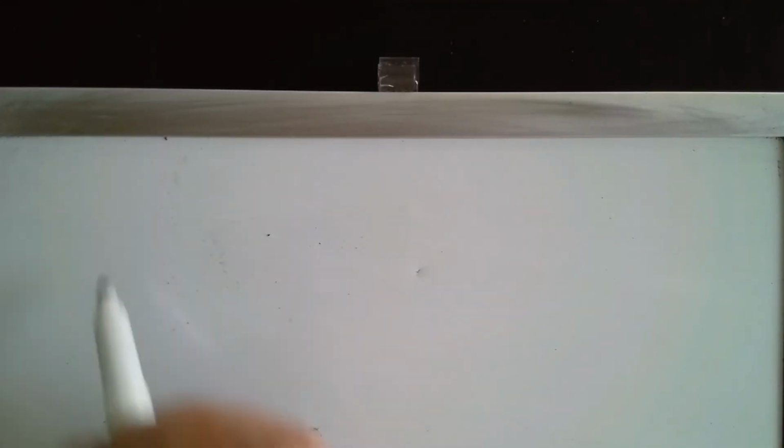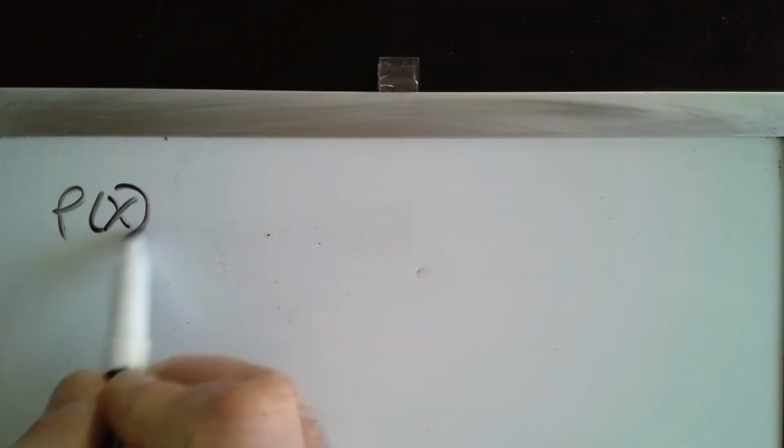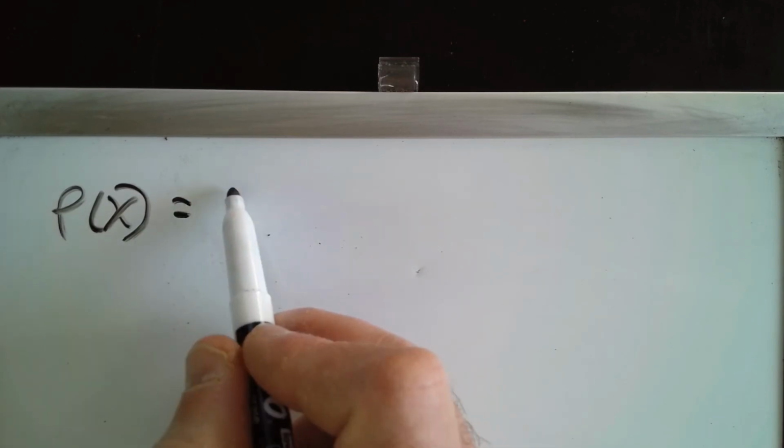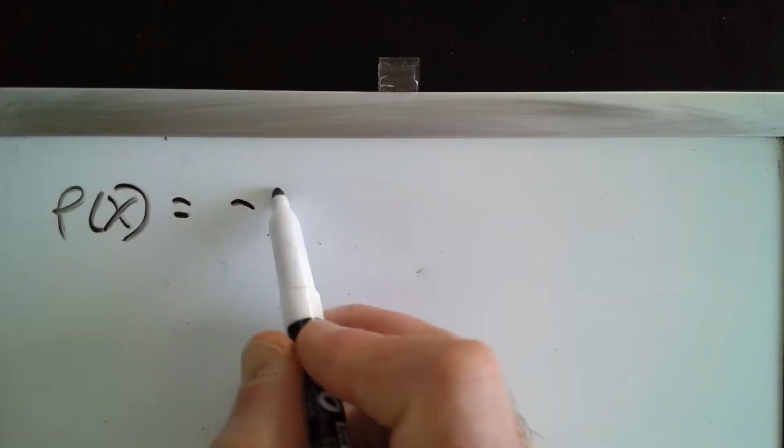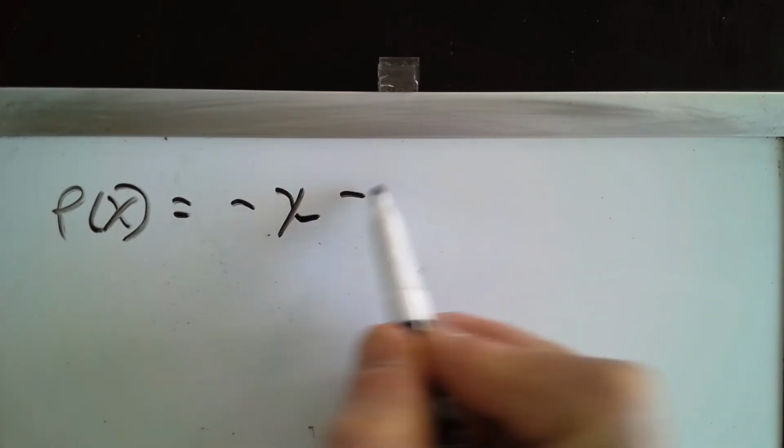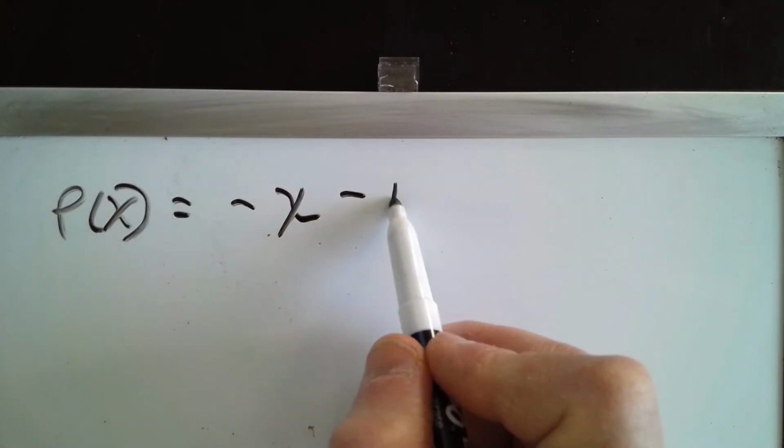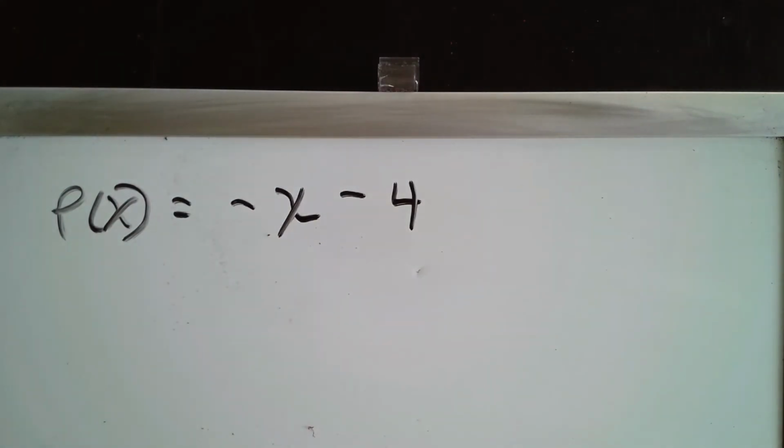So we have here p of x instead of f of x, but that doesn't matter because that's just the name for the function. It doesn't matter if it's p of x or f of x. It's just indicating that it's a function. Okay, so basically we start with